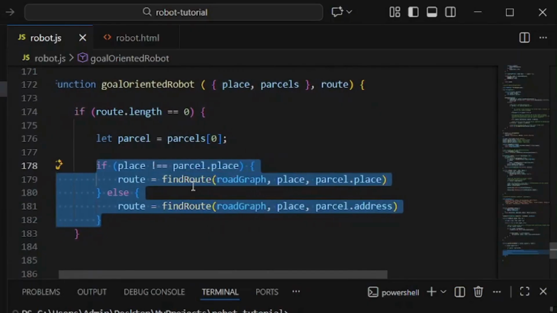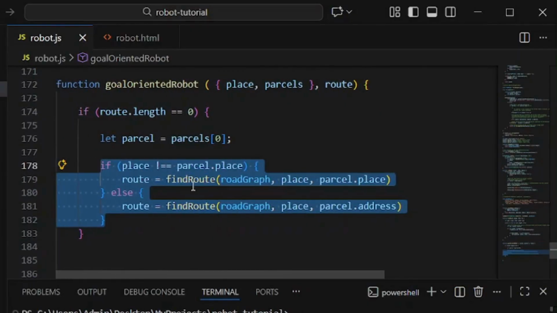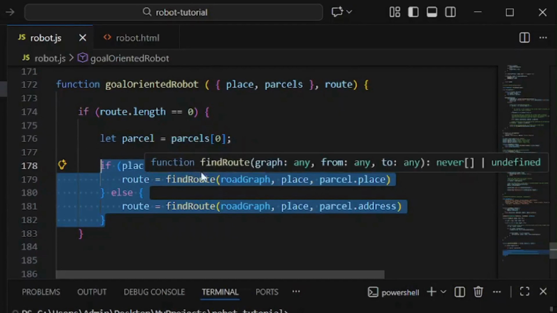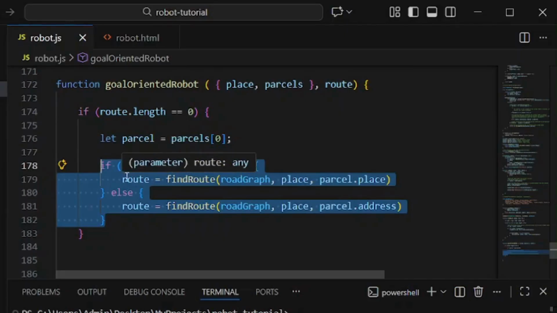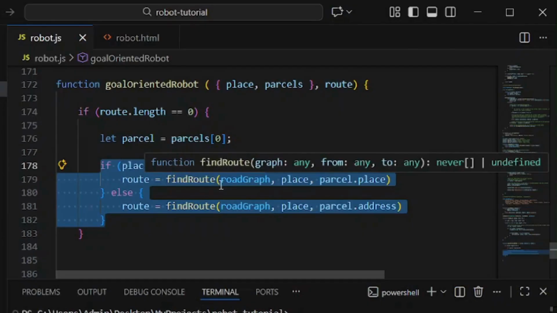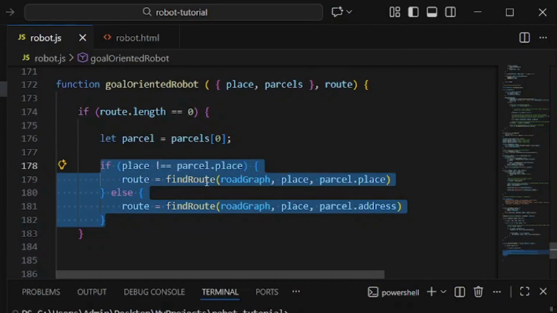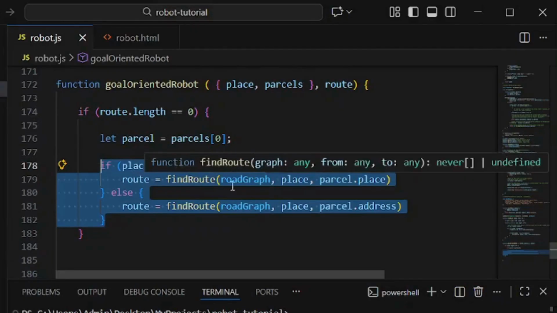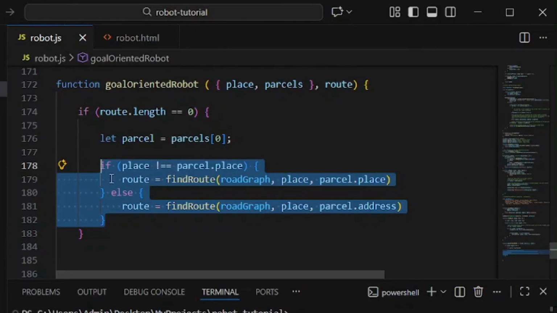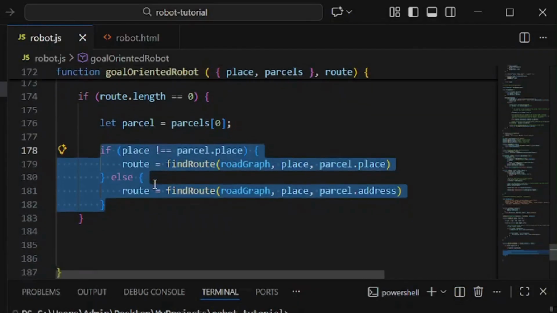If the parcel has not yet been picked up, and that logic we implement by checking that the place where the robot is is not equal to where the parcel is, this means that the robot must go to pick up the parcel, and here we will call our route finder function,